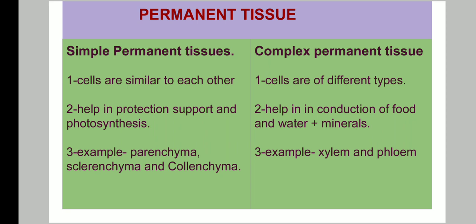But permanent tissues are again of two types, as we all know, and those are simple permanent tissue and complex permanent tissue. So let us see a quick comparison between these two. In simple permanent tissue, the cells are similar to each other, meaning in parenchyma all the cells of parenchyma are the same, and if it is collenchyma then all the cells of collenchyma are similar. But in complex permanent tissues, cells are of different types, made up of a bunch of cells, meaning